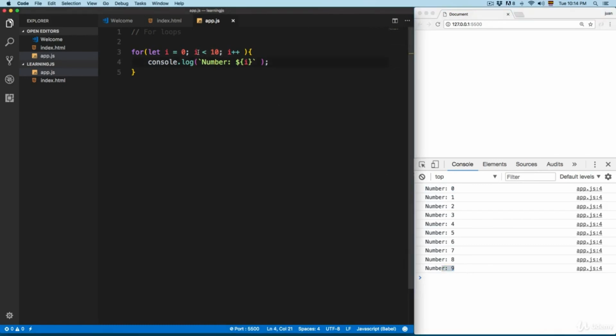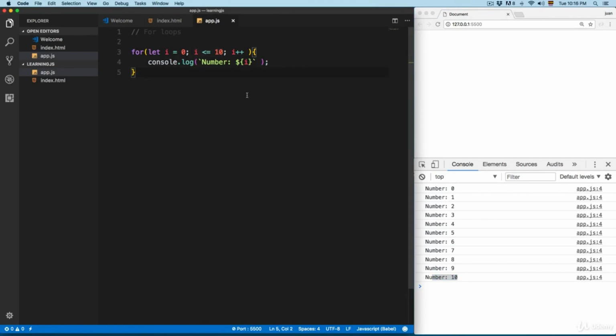Once the value of the index is 10, it's going to evaluate right here again, and it's going to ask, is 10 less than 10? This is going to evaluate as false, and the for loop is going to be stopped from running. If you want to print the number 10 here, on the condition we can add something like i less than or equal to 10, and this is going to run until the number 10 is right here. So you can see that this code is running 11 times until this condition is met,